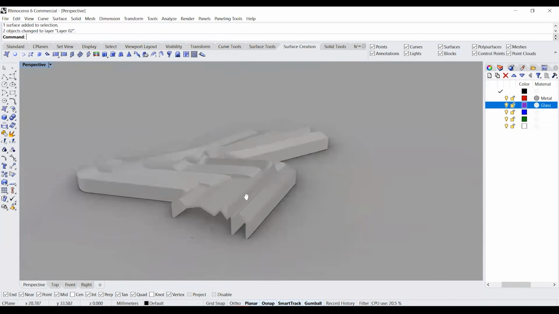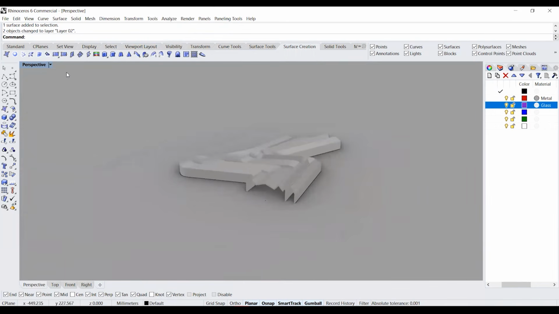And we have our ribbon done with the material also directly given.